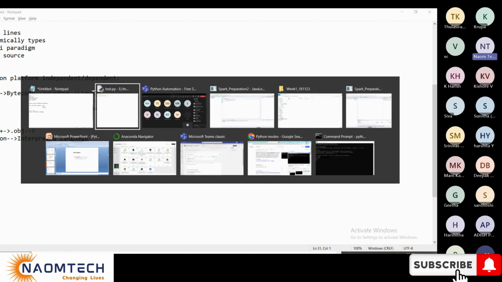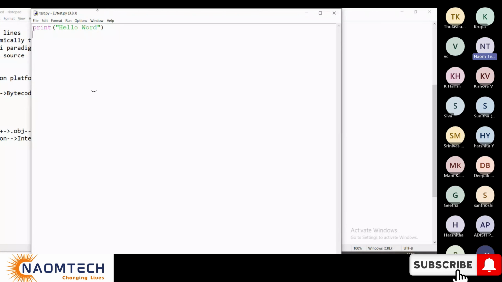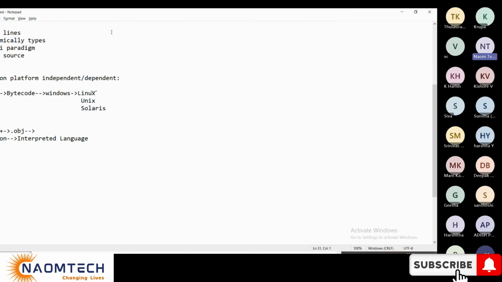Now this is your Python code. But before that, how does it go? Java goes through multiple stages. You write source code, the first stage: the dot Java program you write. Then you compile it.